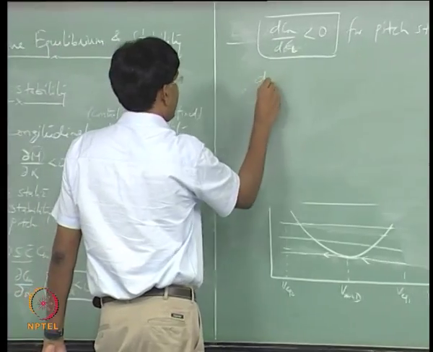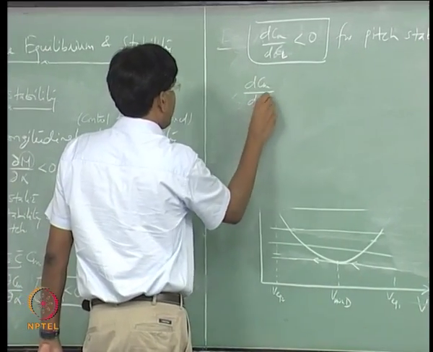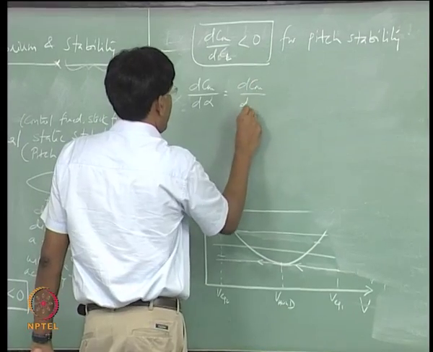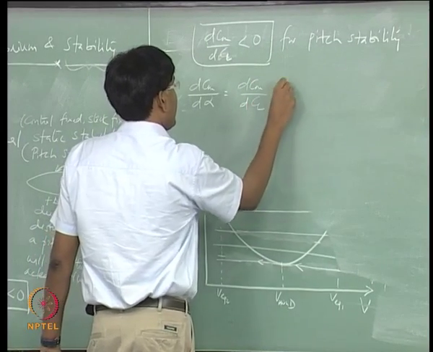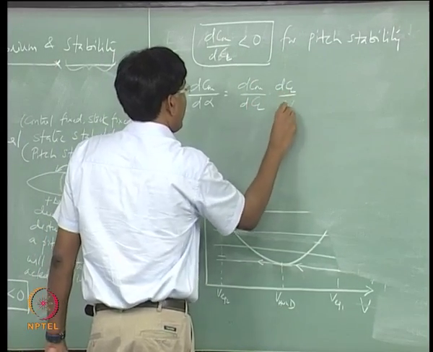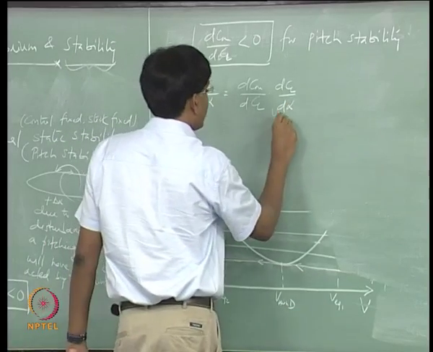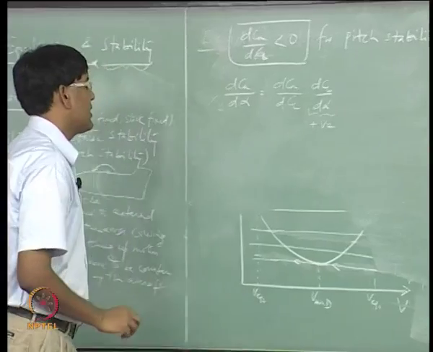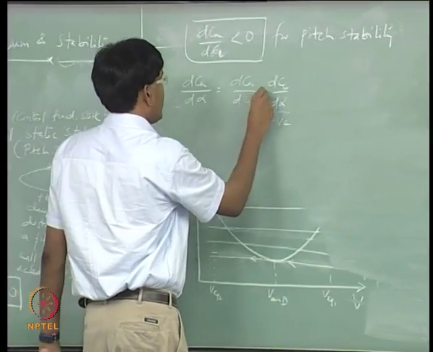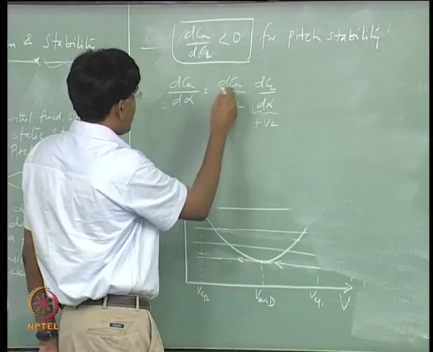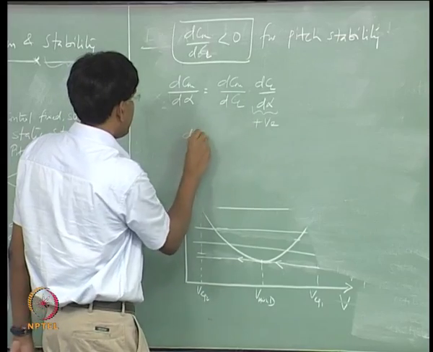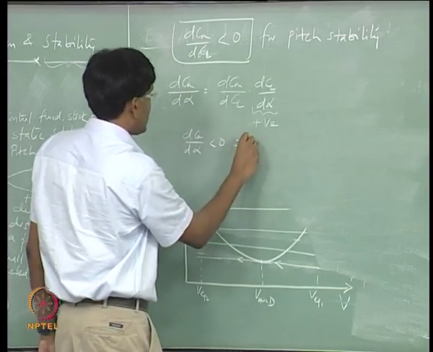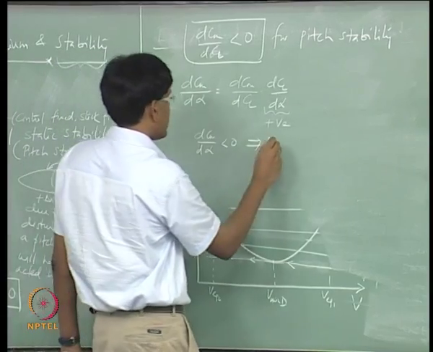So, you can write dCm over d alpha as this, where this is positive. So, dCm over d alpha less than 0 automatically also implies